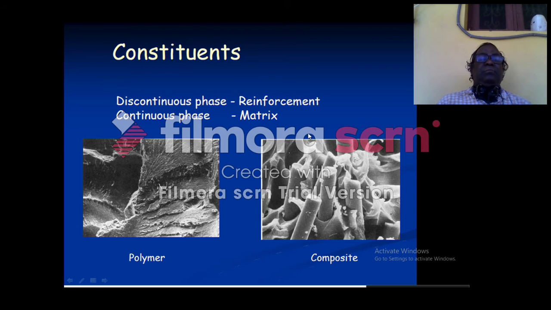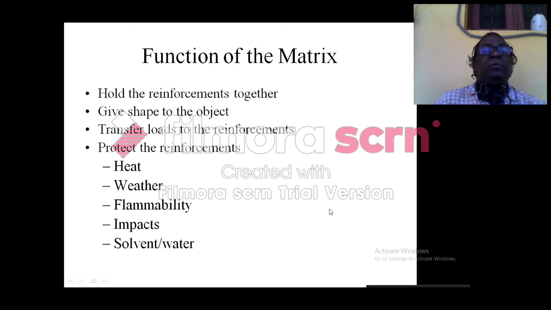And this is the basic structure of a polymer and the composite. It has a continuous and a discontinuous phase for reinforcement. This is a pure polymer. In this they add filler, like glass fiber or mineral filler. This is one type of glass filler. So this became a composite.